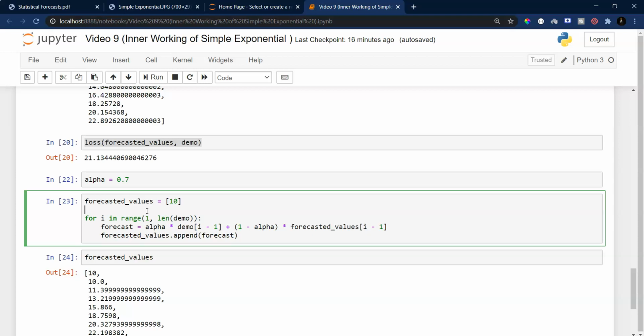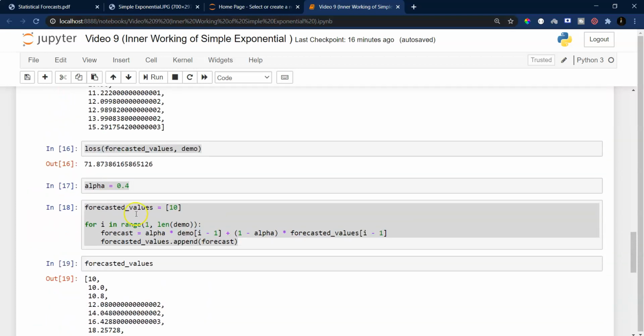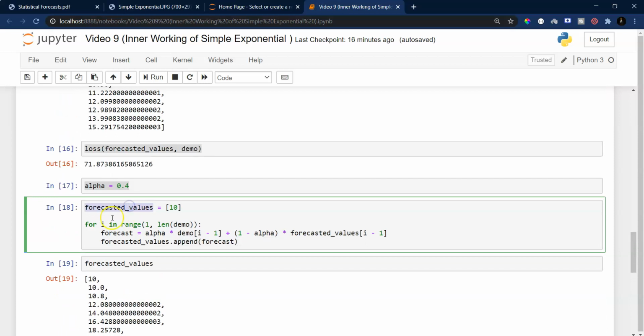Now there is this thing called dampening of time series, and what do we mean by dampening? I'll talk more about that in some later lectures. The way exponential smoothing methods are created, if our time series is showing some trend, they will only continue to show either an increasing or decreasing trend.